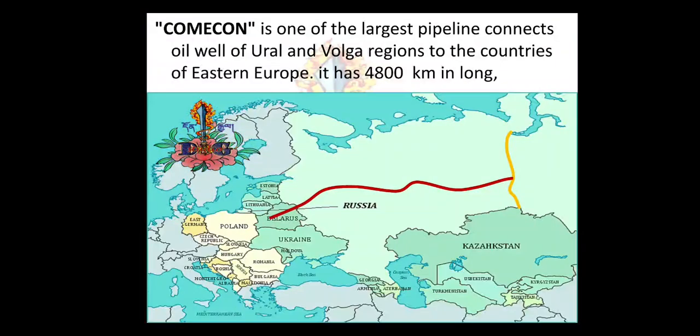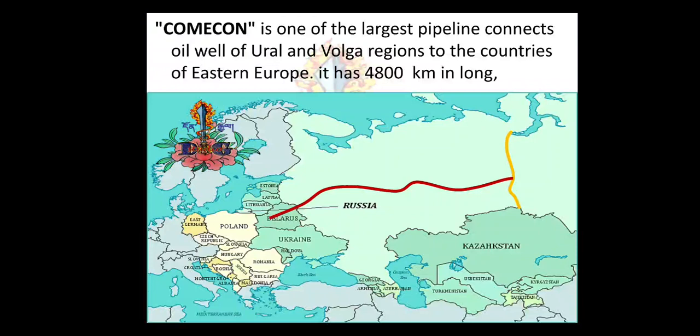So this is the largest pipeline. It connects the oil wells of the Ural and Volga region of the country to the Eastern European countries. It is 4,800 kilometers long. Here I have made a yellow line. So what does this yellow line indicate? A mountain range. The name of the mountain range is the Ural Mountains. So this particular pipeline connects